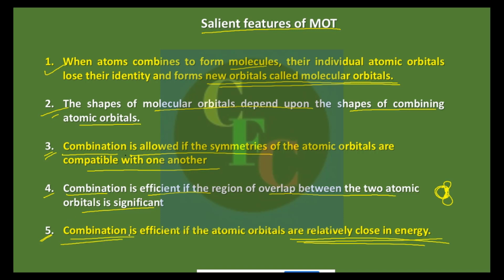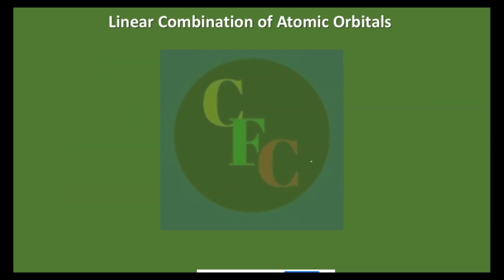Now we have discussed these combinations everywhere. Combinations of what? Combinations of atomic orbitals, and these atomic orbitals are just wave functions. This combination is called linear combination of atomic orbitals. The mathematical details are beyond the scope of this lecture and this course, because they contain rigorous mathematics, but we will qualitatively see the linear combination of atomic orbitals, commonly called the LCAO method, wherein we combine the wave functions.